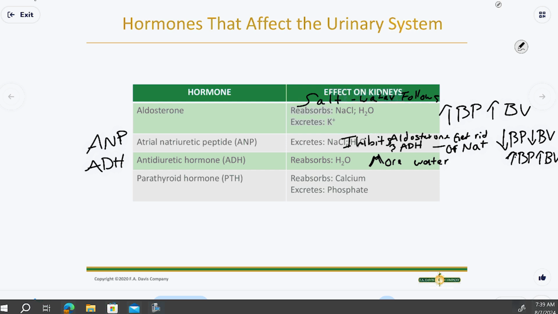The last one is a nice mention, but it's not a huge one when it comes to affecting our blood pressure or our blood volume, how much stuff we have in the blood vessels. But you've heard of this one before too. PTH, parathyroid hormone. The only hormone that parathyroid glands, the ones that are posterior on our thyroid, make is called PTH. And all it cares about doing is reabsorbing calcium,